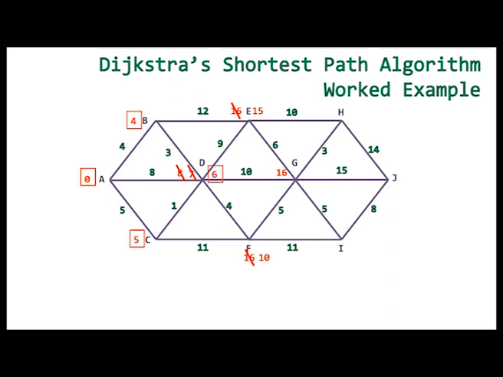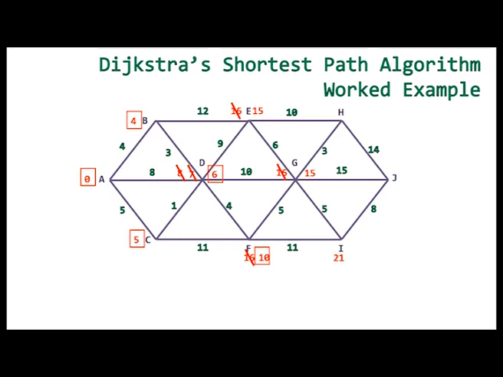Now we're looking at the next lowest value again. The next lowest value is this 10 here, so we're going to start at this number 10. Put a box around it to say this is the one that we are working on now. So 10 plus 5 gives us 15, which is lower than 16, so we cross that 16 out and we put 15. 10 plus 11 gives us 21, so we write 21 next to I, nothing to cross out because it's already there. That's all routes from F completed now.